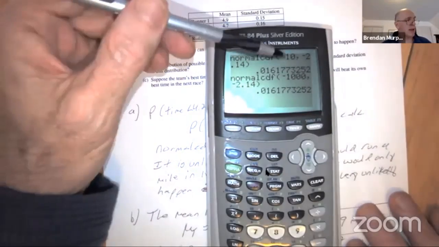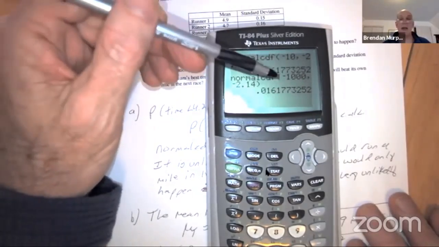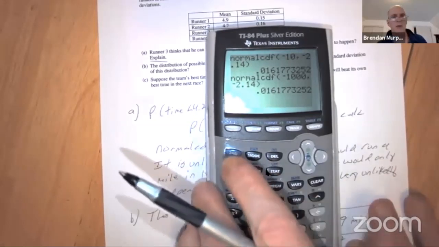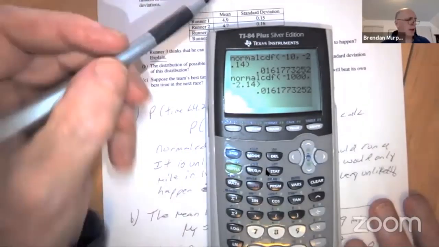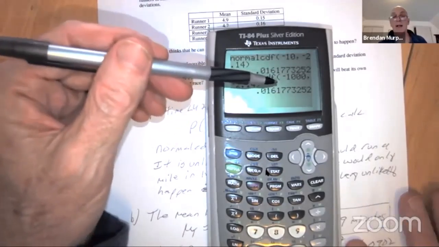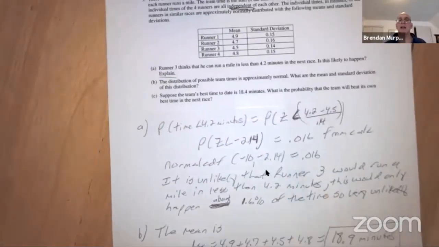What I actually want my kids to think about is, well, why isn't that probability going to change, right? You've changed the lower bound, Mr. Murphy. Well, 10 standard deviations below the mean is pretty much not likely to happen, almost impossible. And so 1,000 standard deviations below the mean is even less likely. There's not much area under the normal curve. So sometimes I will say to my class, everyone pick a different lower bound, you know, -10, -20, -30,